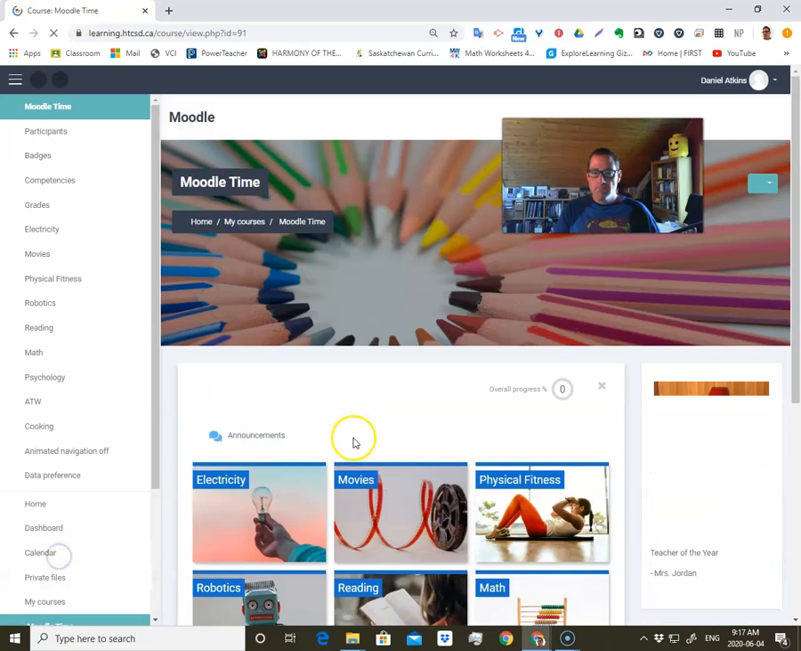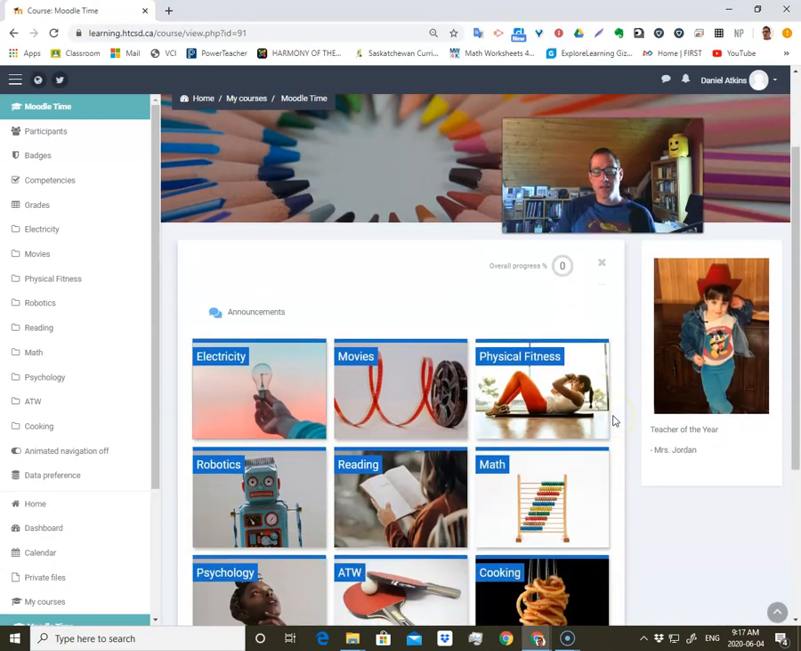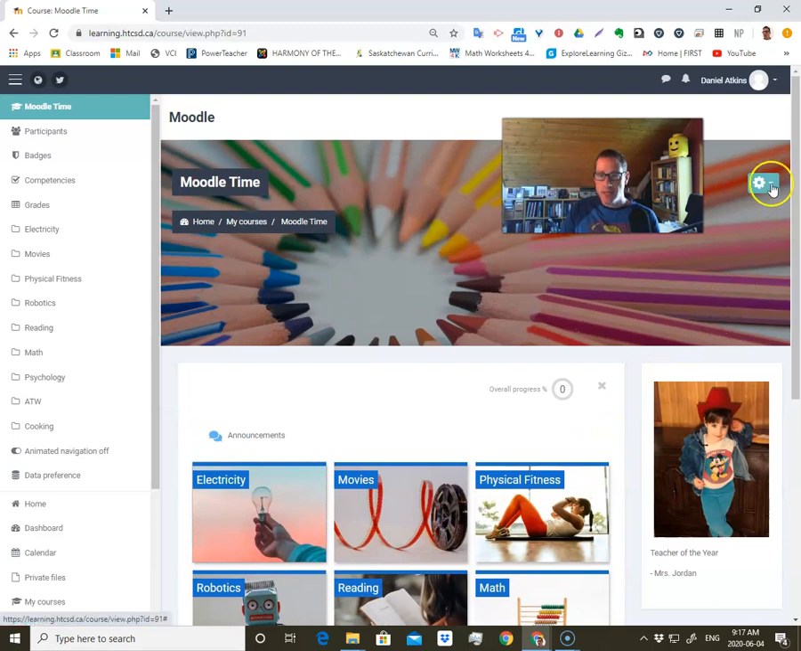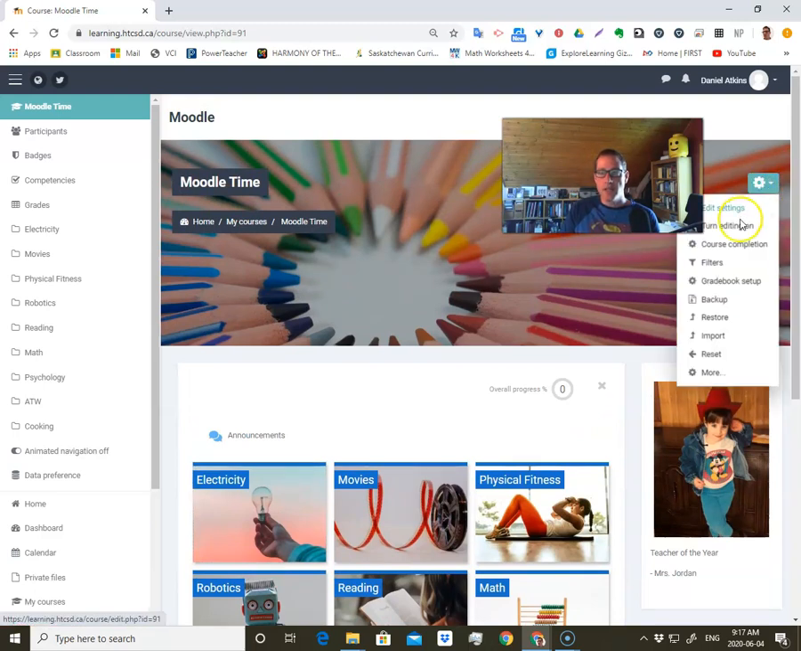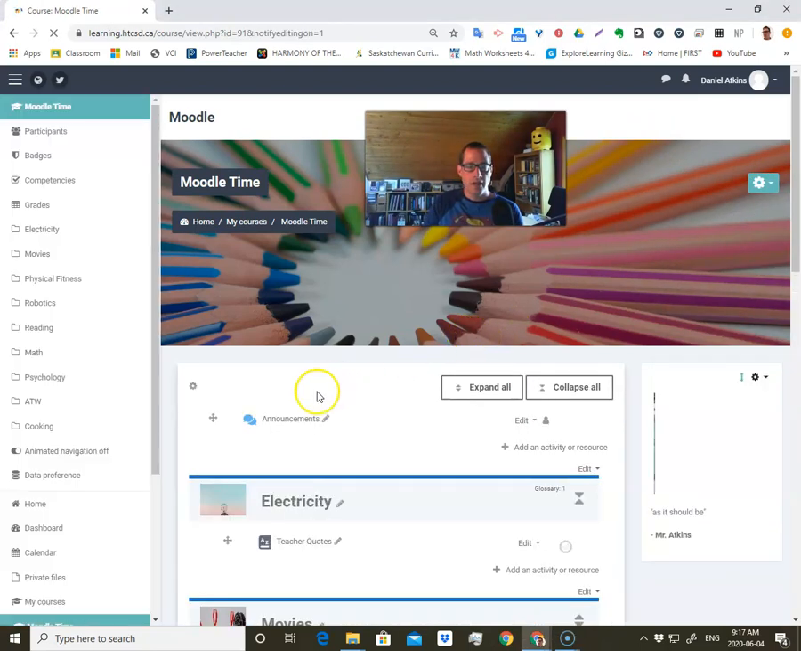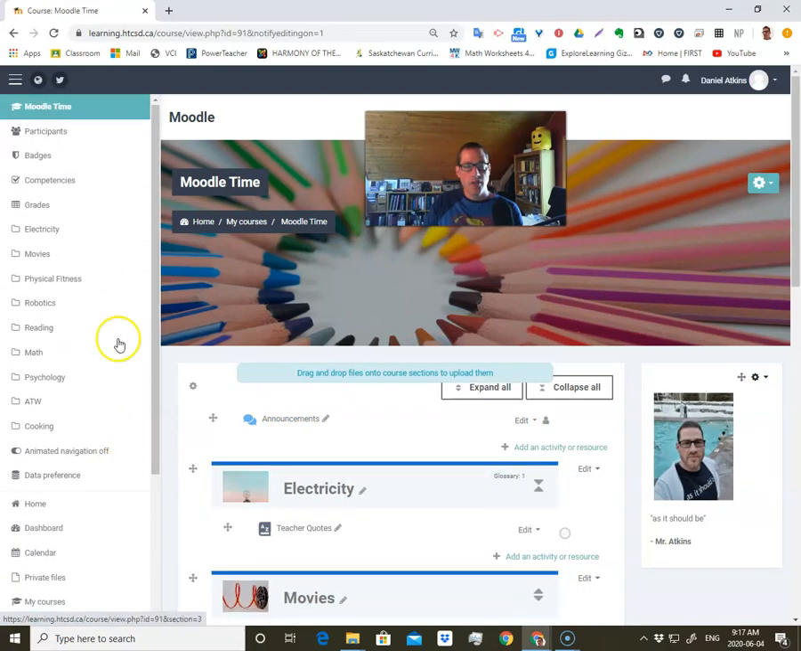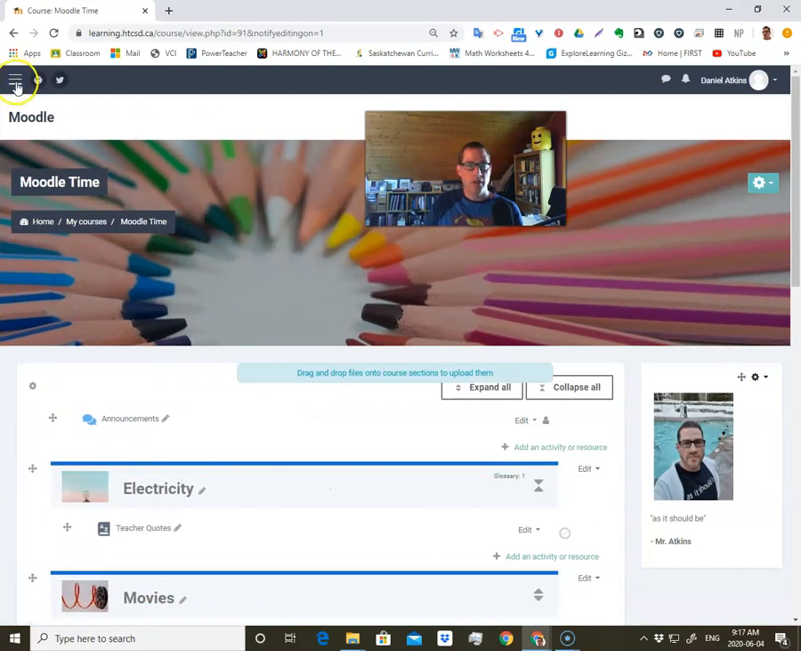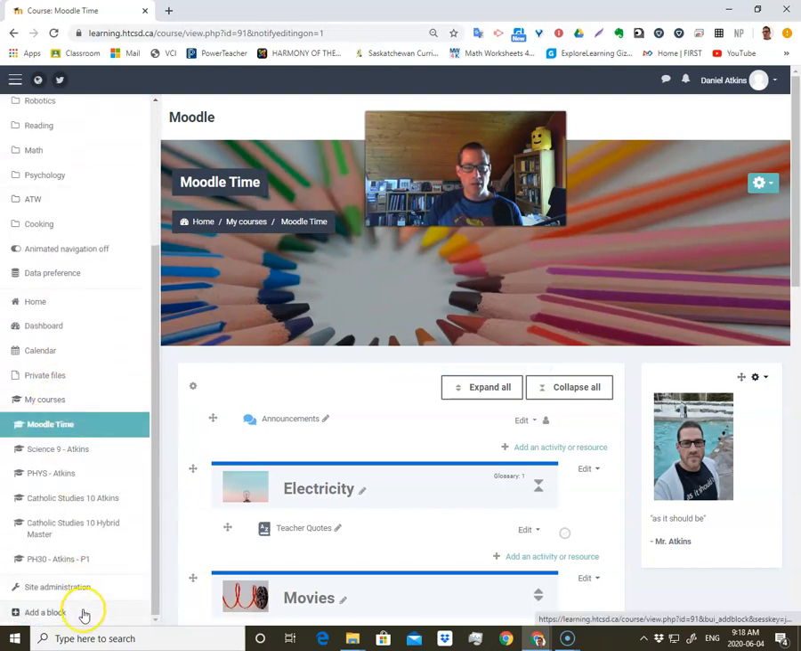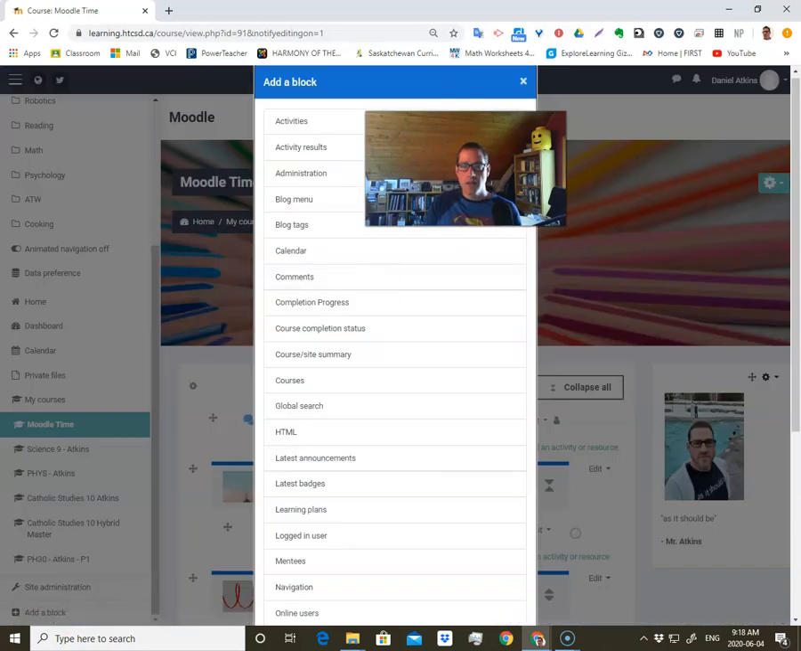There's a lot of things to know about when we do this. So first thing is that you're going to turn editing on, and we're actually going to go to this side here, where the three stripes are. Click on that if it's not already opened, and scroll right to the bottom. At the very bottom it says add a block. You're going to click on that,